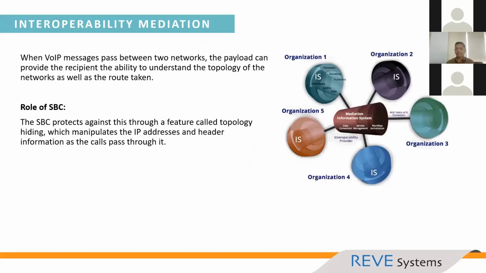In the topology hiding section we talked about creating a new session for the origination and a different session for the termination. So it can happen that the origination is sending a different payload and your termination is supporting a different payload. As you are restructuring the packet, your SBC will communicate with the origination using its payload size, and it will regenerate the packet and communicate accordingly with the termination. So using the topology hiding, you can adopt the interoperability mediation.